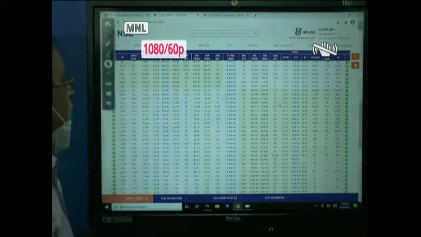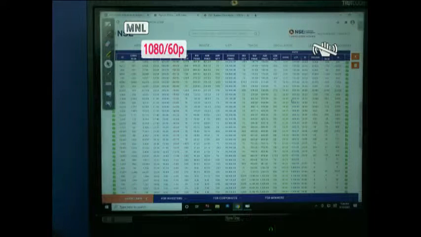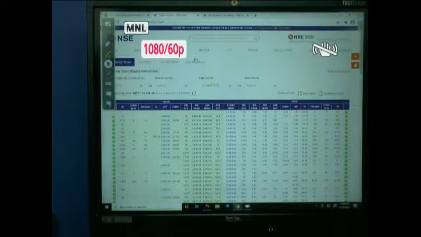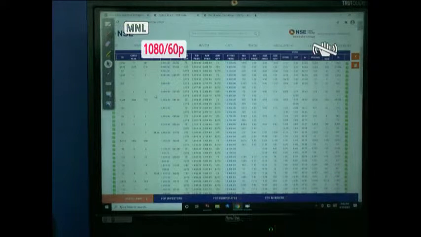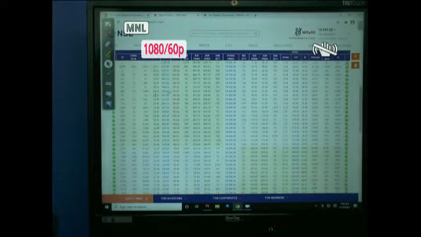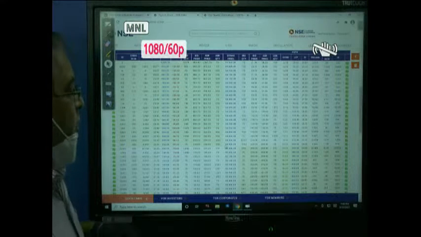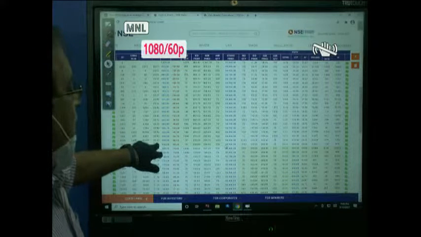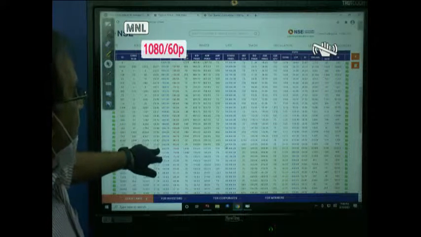14,800 call, right? So today, let us say, what is the futures price? We'll look at the futures price today. The index closed at 14,929 and the futures price must have been 14,950, because that is what the calculation shows, since it is exactly at the money. So 14,950 right now will move by